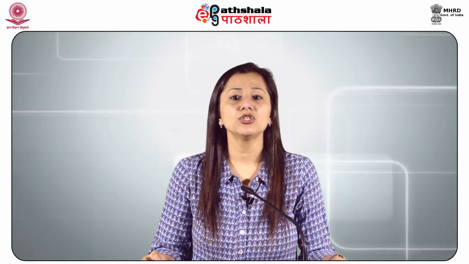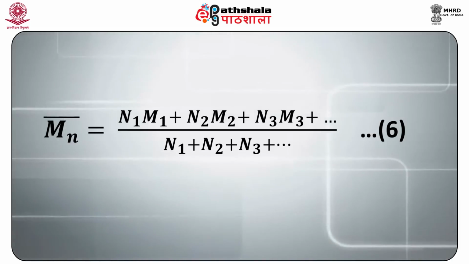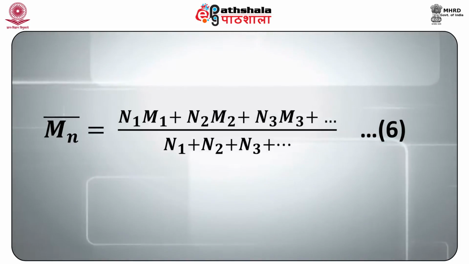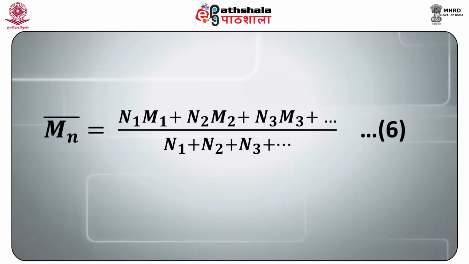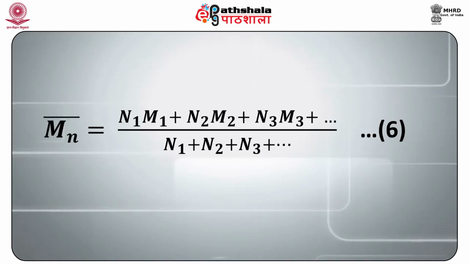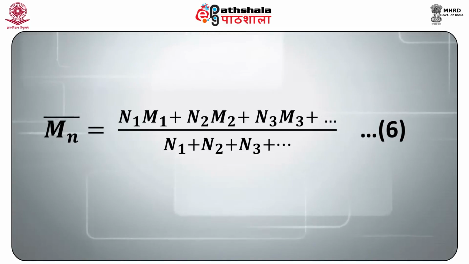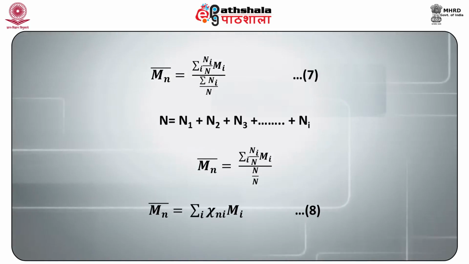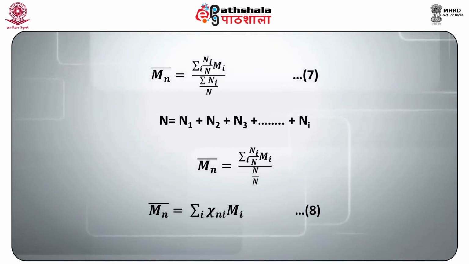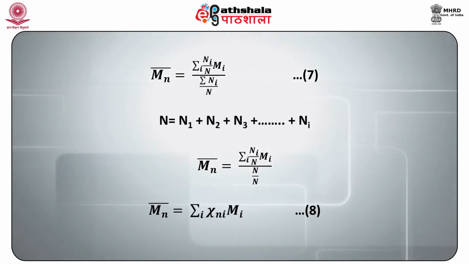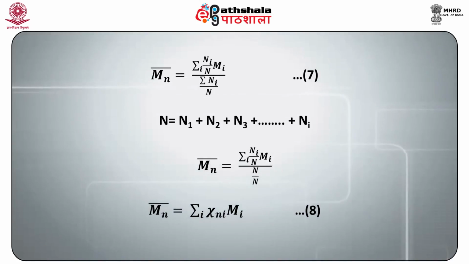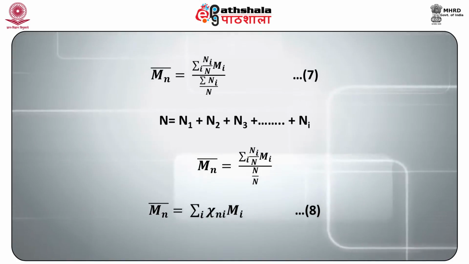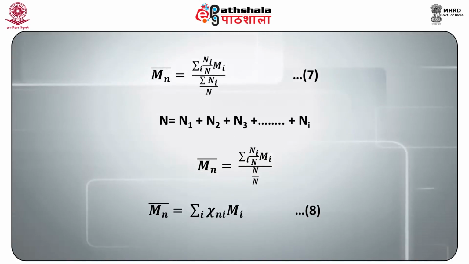Therefore, from the definition of number average molar mass, we have Mn bar equals N1 M1 plus N2 M2 plus N3 M3 plus so on, divided by N1 plus N2 plus N3 plus so on. This is our equation 6. Dividing equation 5 by N, we get Mn bar equals summation Ni by N into Mi divided by summation Ni by N. This is our equation 7, where N is the total number of chains of all types